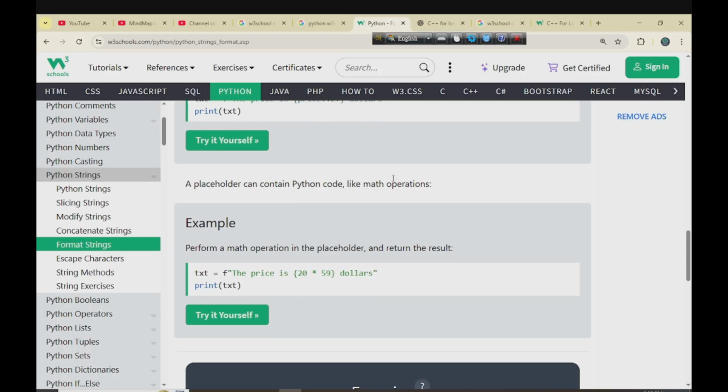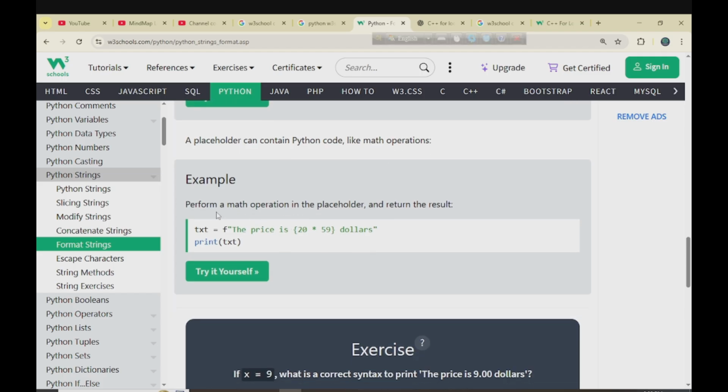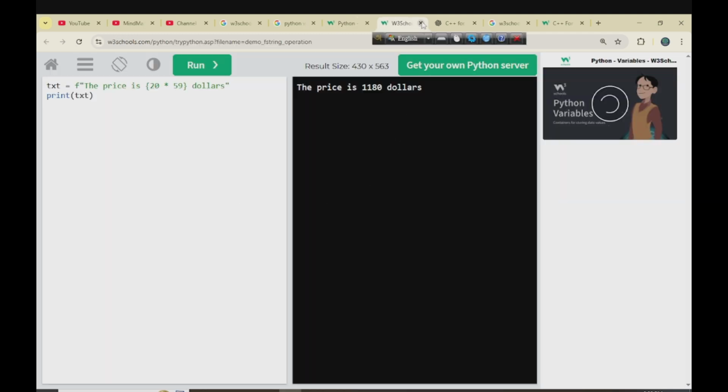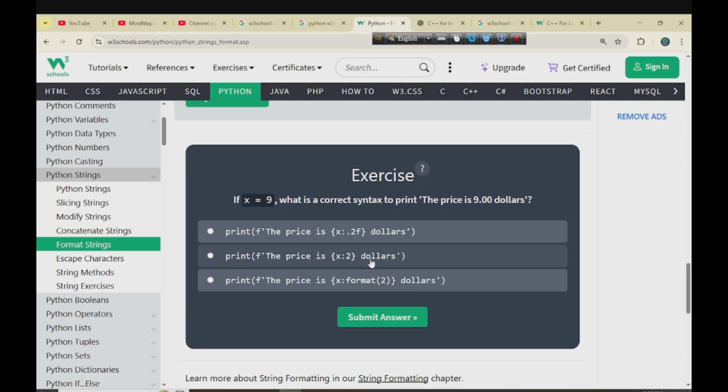A placeholder can contain Python code like math operations. Perform a math operation in the placeholder and return the result. Text f, the price is this dollar. If x equals 9, what is a correct syntax to print the placeholder of $9? The price is